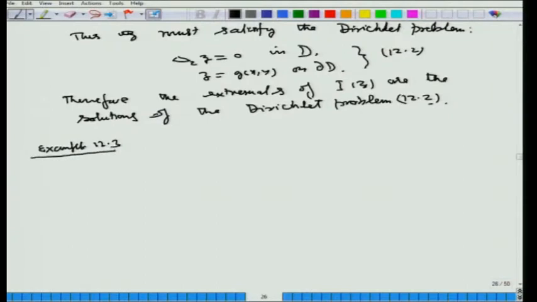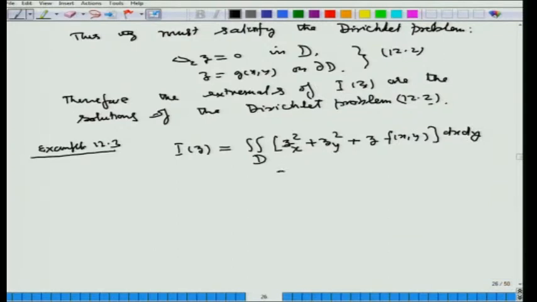Here we consider I z as the double integral over D of z x square plus z y square plus z times some function f x y, d x d y, and z equal to g x y on delta D. So, here this 12.1,